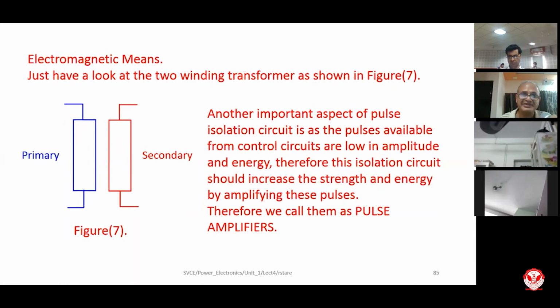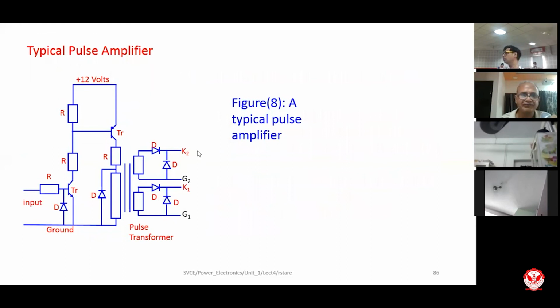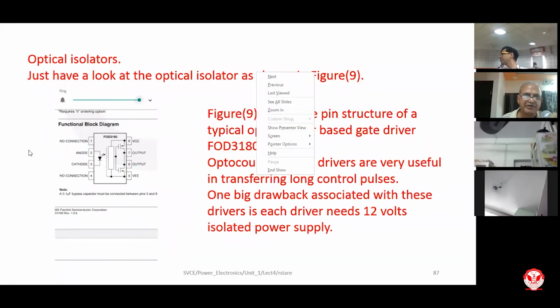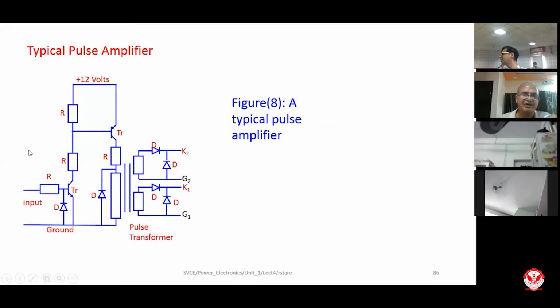Generally, we call them pulse amplifiers. Here, one pulse amplifier I have made myself. I am using it for conducting my workshop, and it is being commonly used. Here you can see at the input a small 5 volt, 2 to 3 milliampere pulse, which we usually obtain from microcontrollers, is fed to a small signal transistor, which ultimately turns on